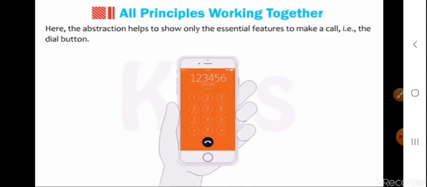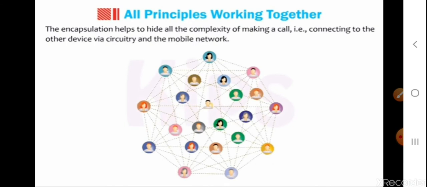Here, the abstraction helps to show only the essential features to make a call, that is the dial button, and it hides all the other complexities from the normal user. The encapsulation helps to hide all the complexity of making a call, that is connecting to the other device via circuitry and the mobile network.